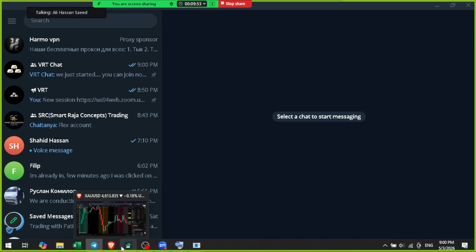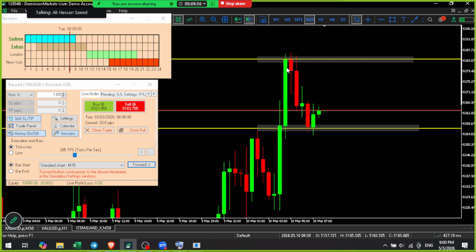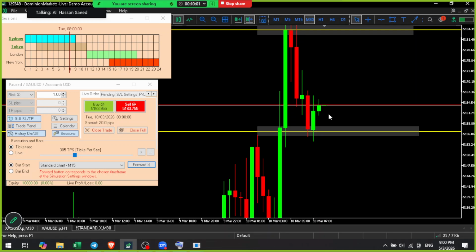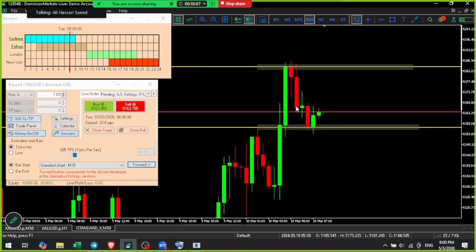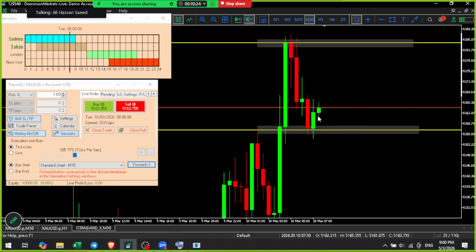So where were we? We marked our zones, visualized what happened on the 30-minute, and what we are anticipating is for price to break this high and go up. But as we can see, price made a high, came down and made a support. The support forming candle is not that strong as compared to the previous bearish candle, and the next 30-minute candle is also printed with a small body. So we can say that the volume going up is diminishing now,